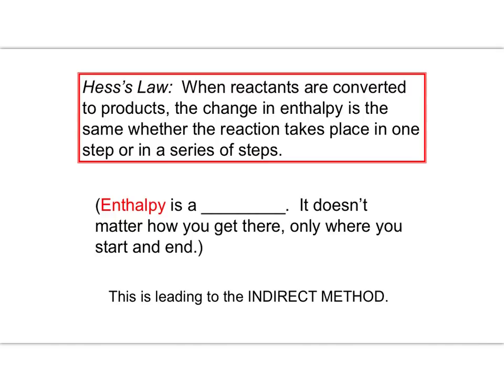Hess's law. So Hess's law is a way of measuring, so it's called the indirect method of measuring enthalpy. So delta H, the heat that is associated with, well, more than heat, but primarily heat of a chemical reaction. Because enthalpy is a state function,